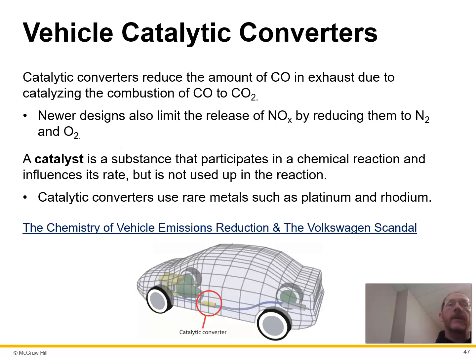So this slide just talks about what catalytic converters are. A catalyst is some chemical that doesn't get used up, but just helps another reaction occur faster. And these catalysts in your catalytic converters have rare metals such as rhodium or platinum, and not very much of them, but enough of them that when the exhaust passes over them with the oxygen that's still in the air, it can help to either turn the carbon monoxide into CO2, which is less toxic, or take the nitrogen oxides and reduce them back to nitrogen.